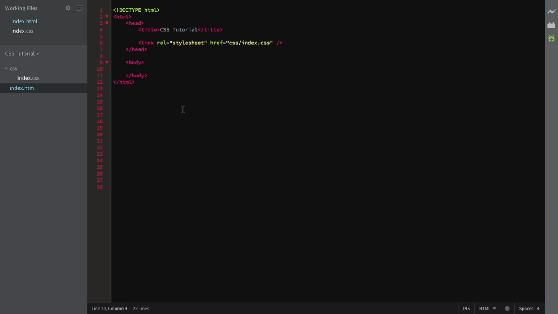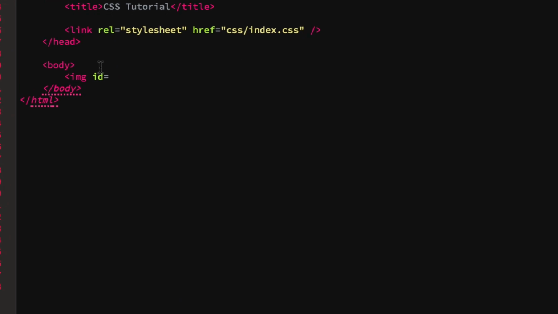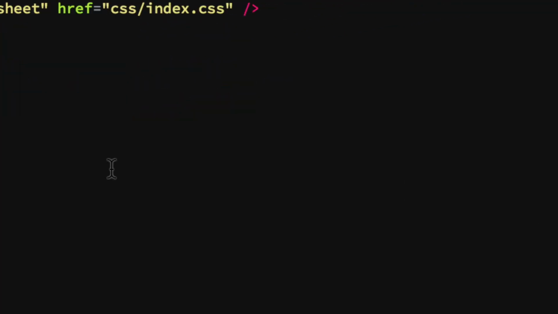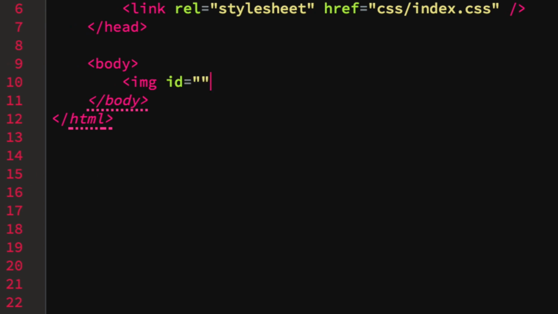So the first thing that we're going to do is create an image element, because that's what we're going to be rotating. It's just going to look a lot nicer than a div tag, for example. So img id. Let me zoom in a bit so you can see what I'm doing better. Image id equals rotation,